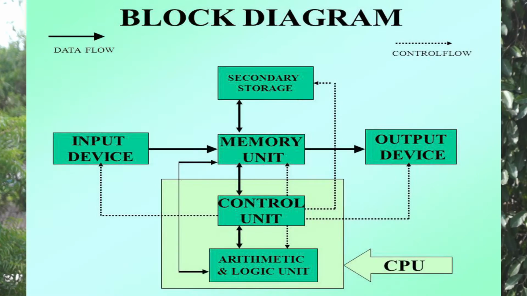So next topic is central processing unit. The actual processing of the data and instructions in the computer takes place inside the CPU or central processing unit. So it is called the brain of the computer. Apart from the processing of data, it stores data, instructions, intermediate results and controls the operation of all other units of the computer. So students, let us look at a block diagram of the CPU unit.